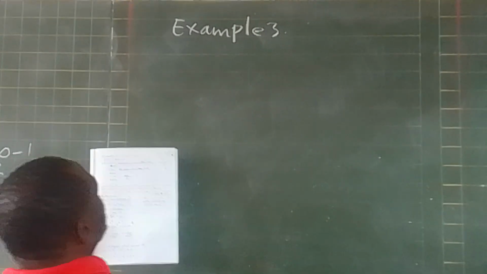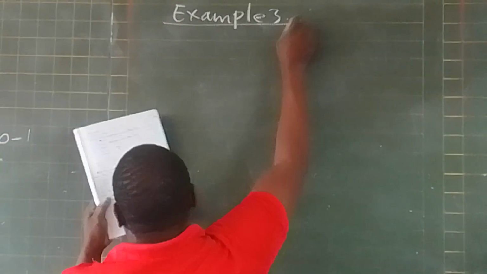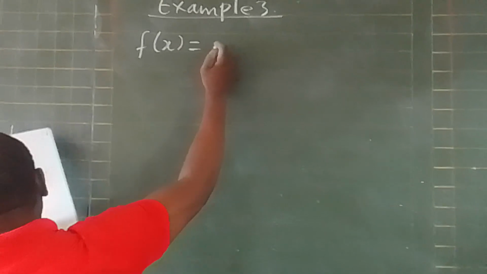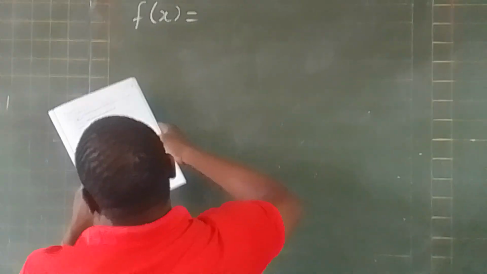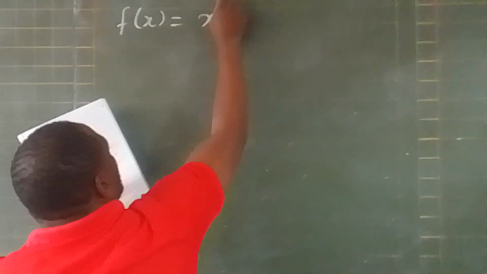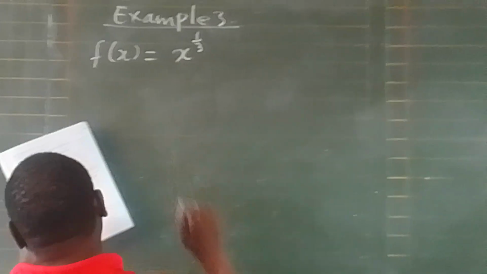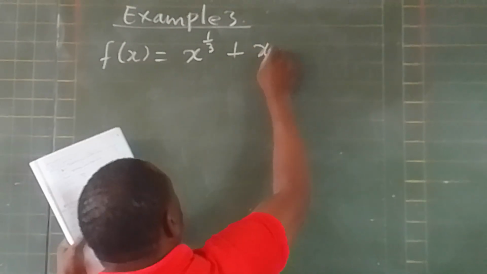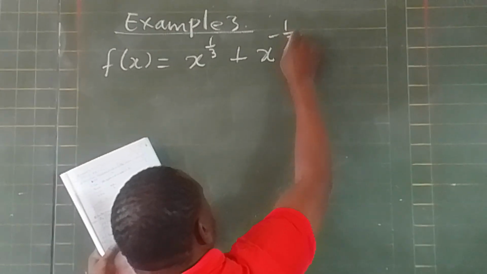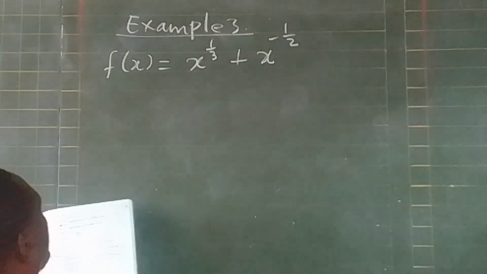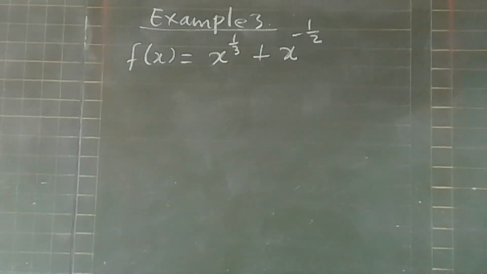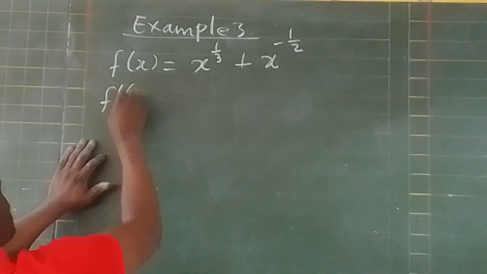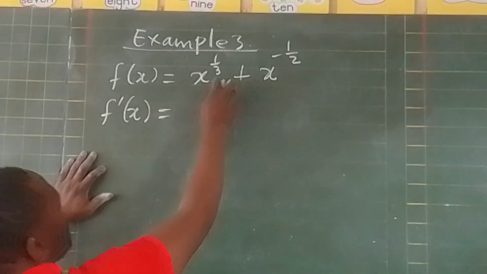Right. Example 3. They give you something like this. A function f of x is equal to 1 over 3 x to the power 1 over 3 plus x to the power minus half. They want you to differentiate something like this. Now, you simply say f dash x is equal to, you grab,